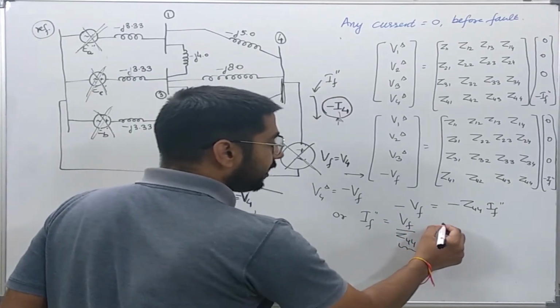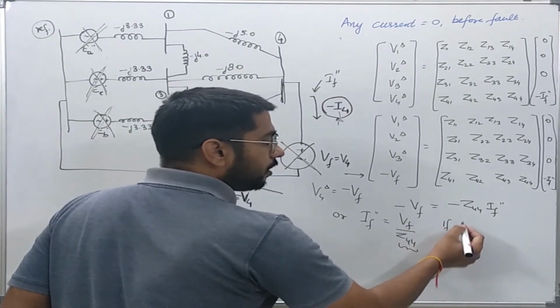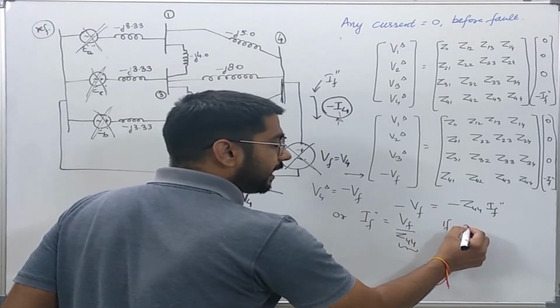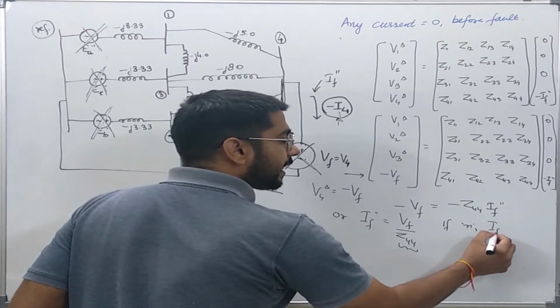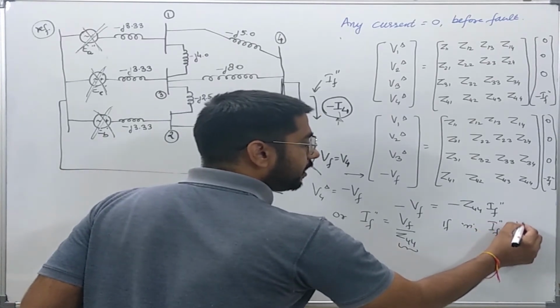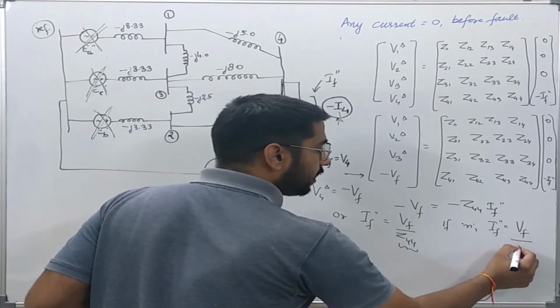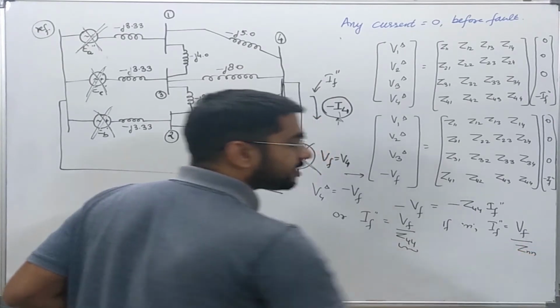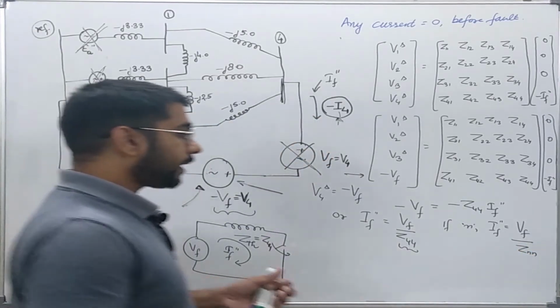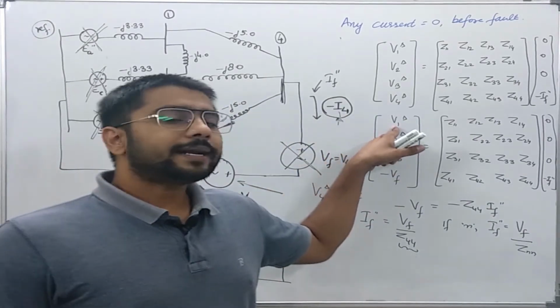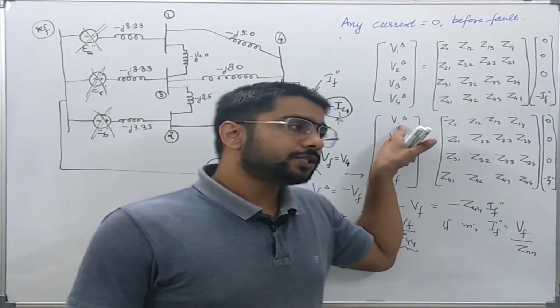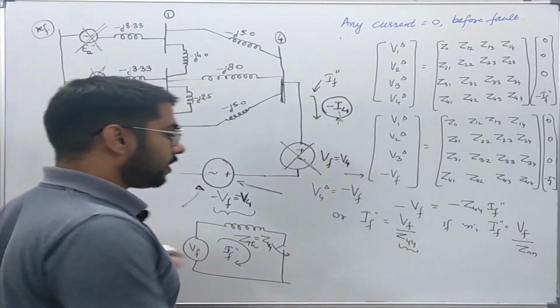So if there is a fault on, let us say, bus N, then the fault current can simply be written as the pre-fault voltage over the Thevenin impedance seen from that bus. Now let us say I want to find the change in voltage due to this fault current at bus 1. So V1 delta